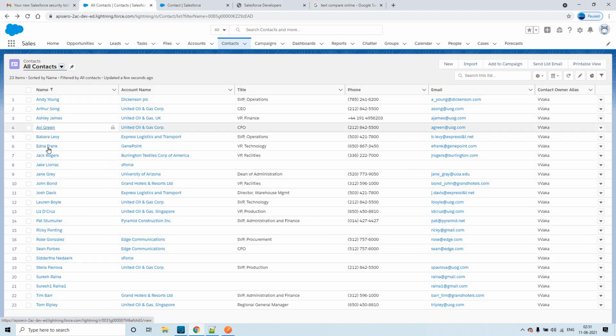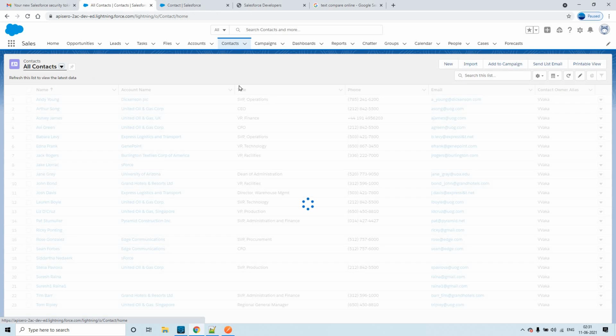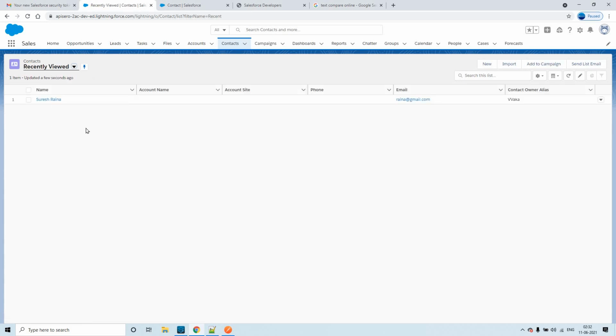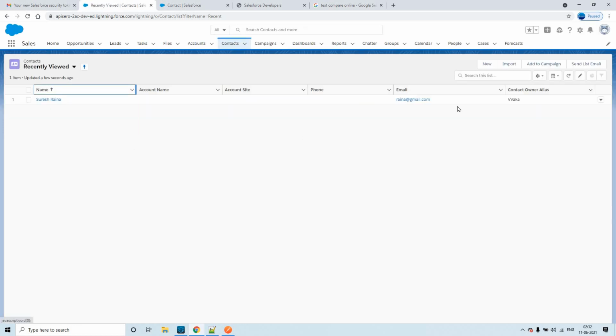Let me click on this. So we have viewed three. So click on contacts. Okay, fine. When this is enabled, you have to click on select fields to display, and then you can choose whatever fields you would like to display here.